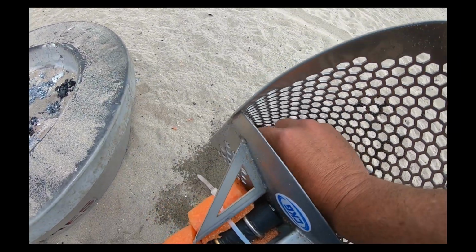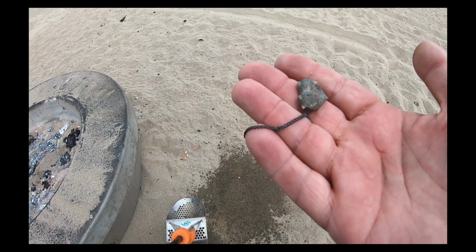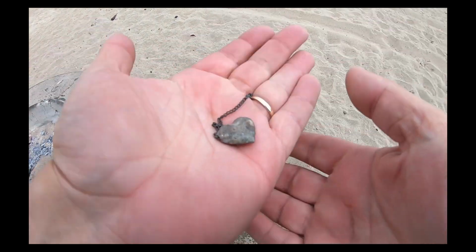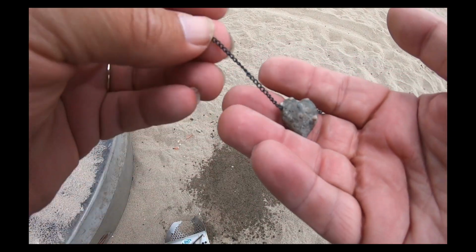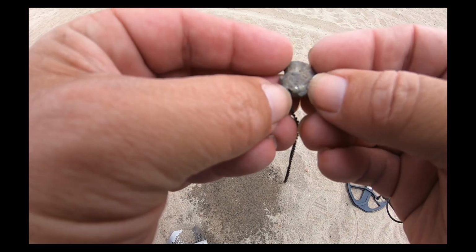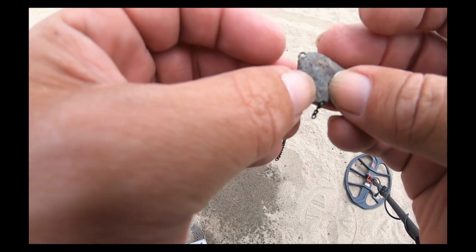Oh. Oh man, that's been in there for a while, huh? That's heavy. That's heavy. Huh. Wonder if that little shiny part is where I...